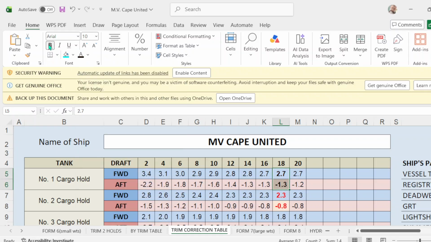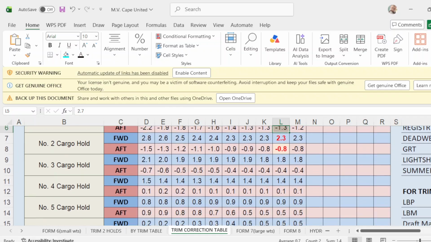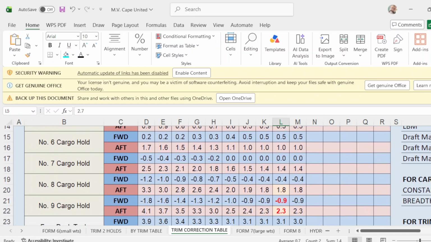We go to number 9, make it black, back to normal. And number 8 should be red.